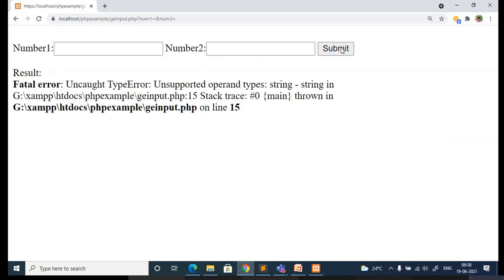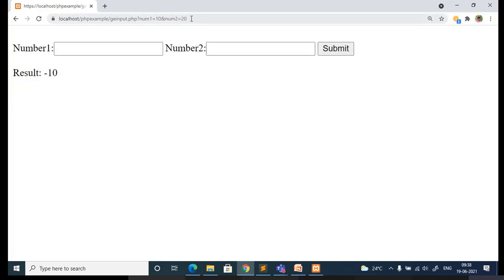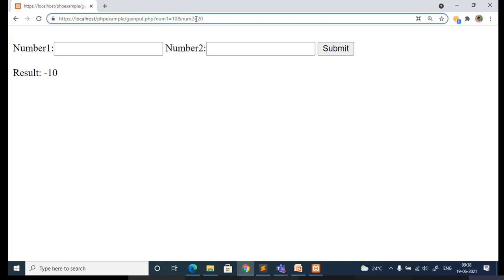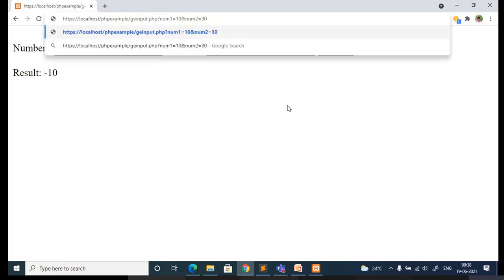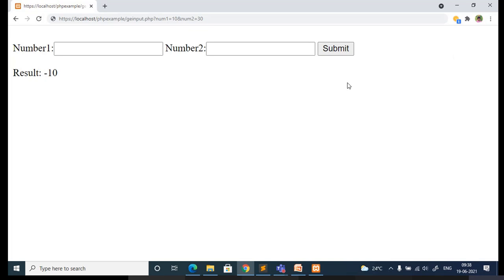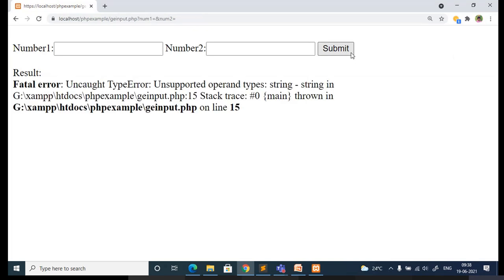So some error, let me check later. Okay, minus 10. You can even change the values directly from the URL and print that value on the browser using PHP. So let me change this to 30 and submit.